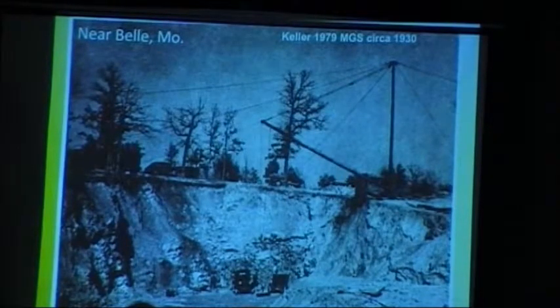So this one's near Bell. What they did here, again, the locals, you just improvised. They made them a boom structure here. At this time, you could find this type of boom apparatus in many of the quarries and the clay pits, and even in the granite quarries. This kind of boom structure where there's pulleys here, and they would hoist the clay out of